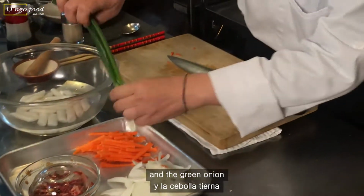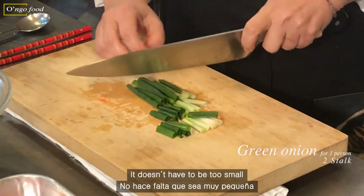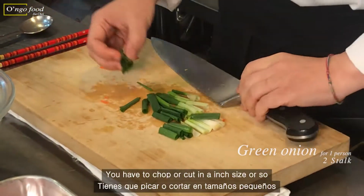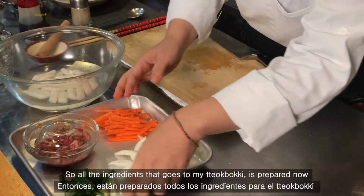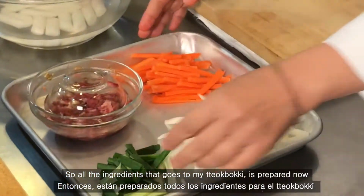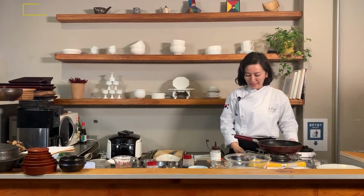And the green onion. It doesn't have to be too small. You don't have to cut it into an inch size or so. So all the ingredients that go into my tteokbokki are prepared now. Heat up the pan,